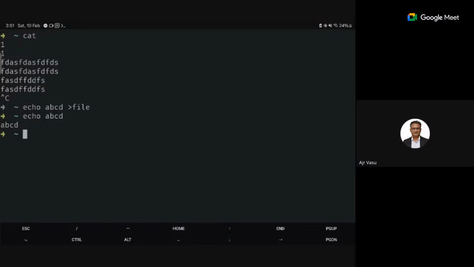I want to do both. In that case, tee comes in. Simply, tee will work like a cat. So if I say tee file2, what it does is it shows the output from the previous command and writes the same into whatever file you have given.